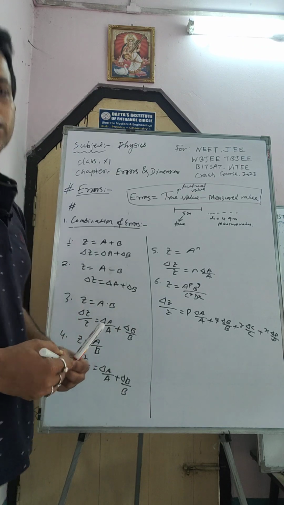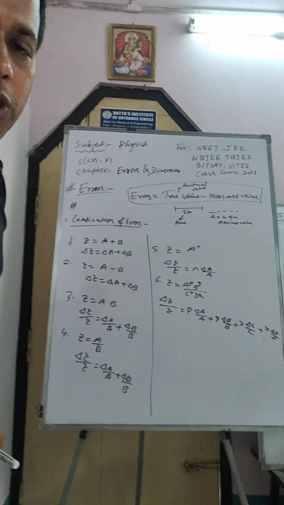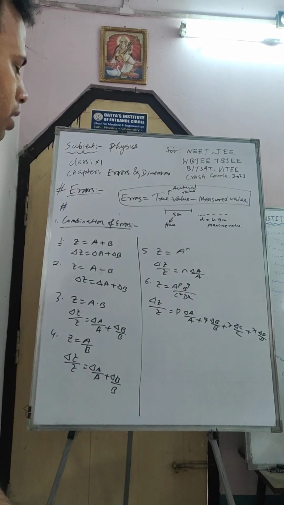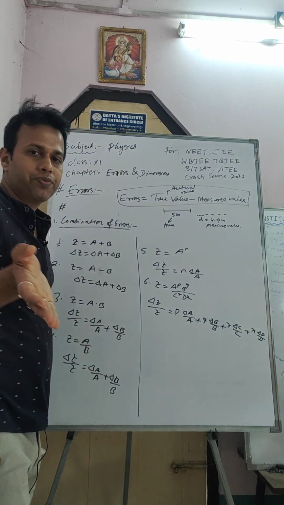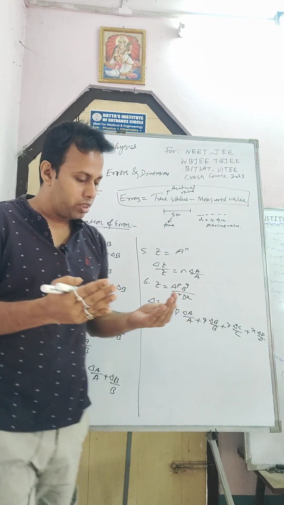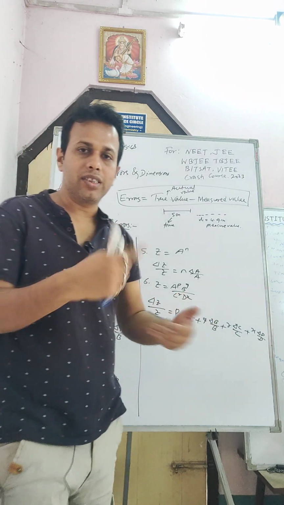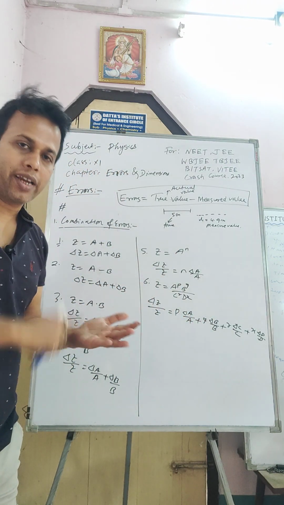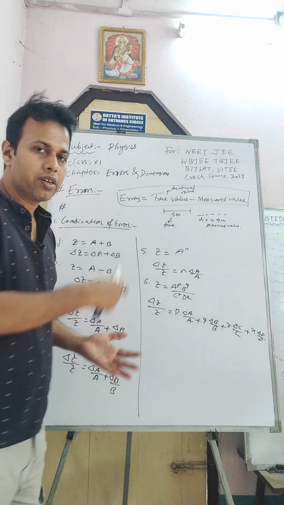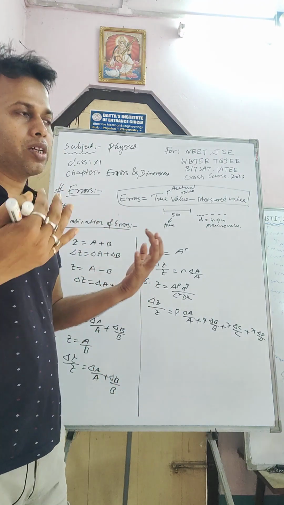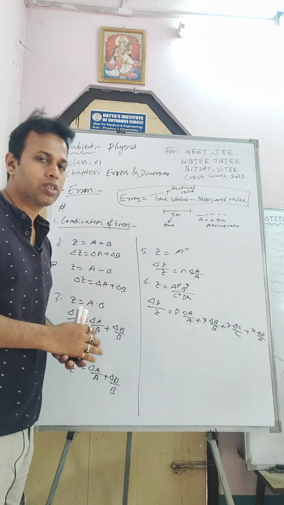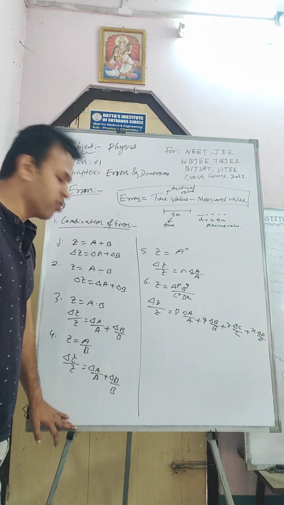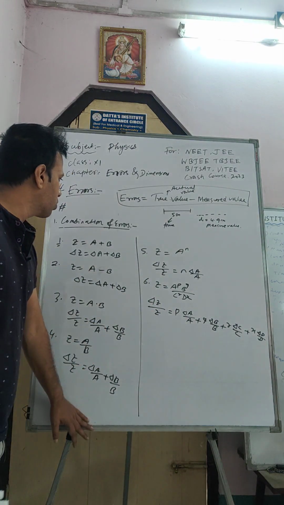So pause the video and write down the formulas. Okay. And all of you, don't just watch the video as you would watch reels and stories. Okay, take your pen and copy and go through it with me, as if you are in an offline class with me. You just have to think only that. Okay, so these are the formulas of combination of errors.